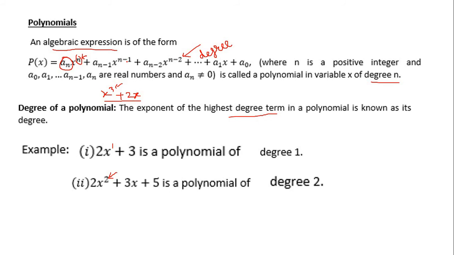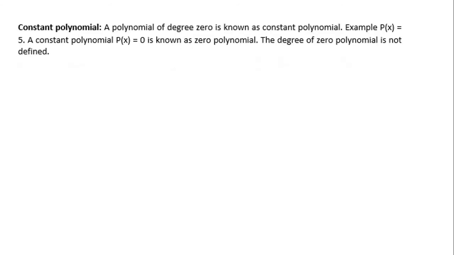So let's segregate some kinds of polynomials. First in the category I would explain here about the constant polynomial. A polynomial of degree 0. If the polynomial does not have any degree, it means the degree is 0. The x to the power exponent is 0, then it is called a constant polynomial. Example, here I have taken px equal to 5. So what you can write, 5 into x to the power 0, right?